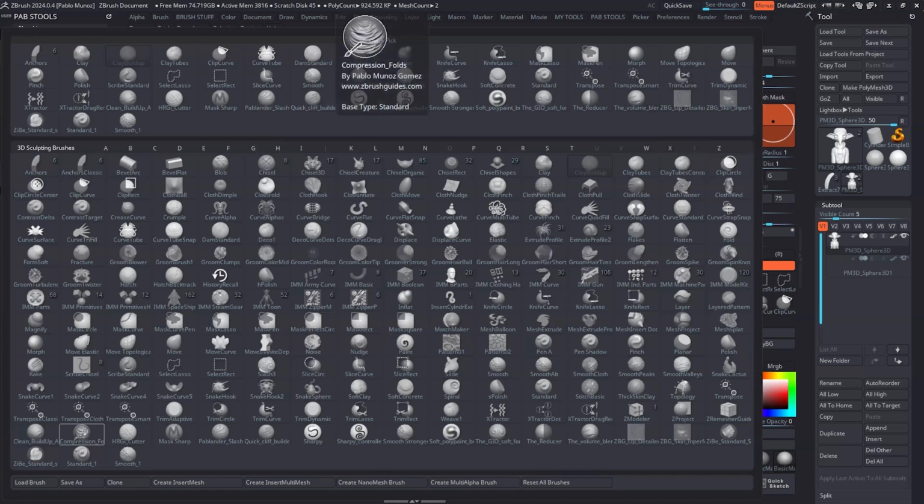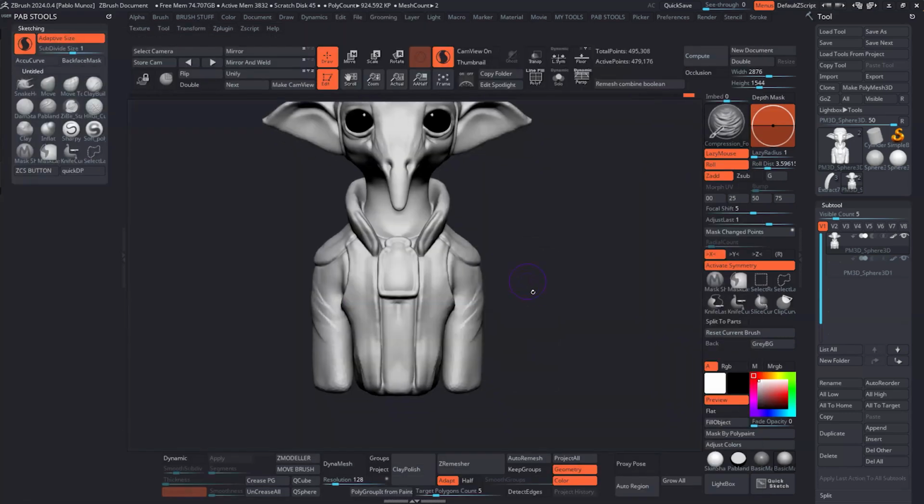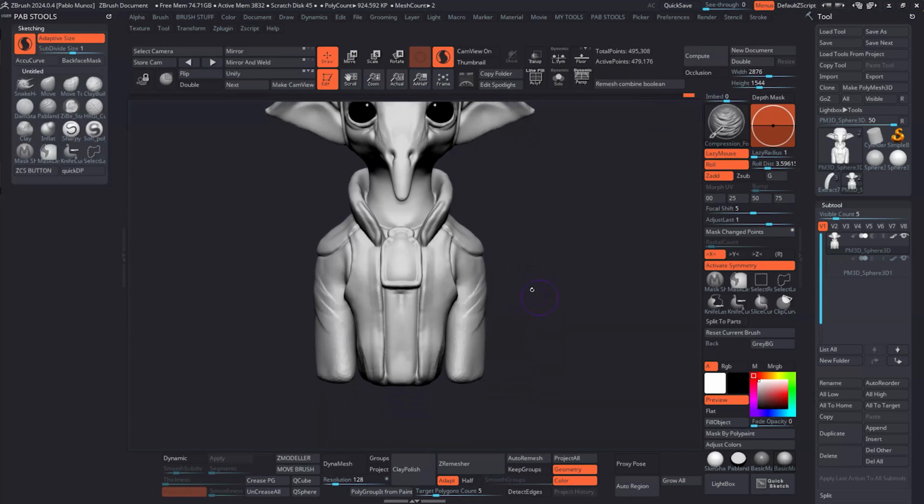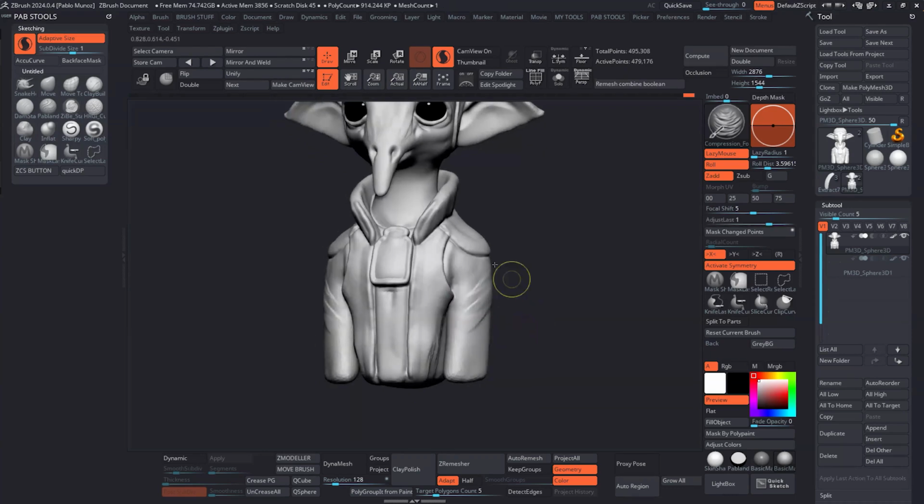It is the compression folds, and it's from a pack called the Cloth and Drapery. And you'll see all of these brushes that I sometimes use and that I currently use right now. It's to speed up my workflow, so I don't have to create custom stuff when I'm working, and it just allows me to do this a lot faster. So I can just go ahead and mask. Let's use the mask lasso